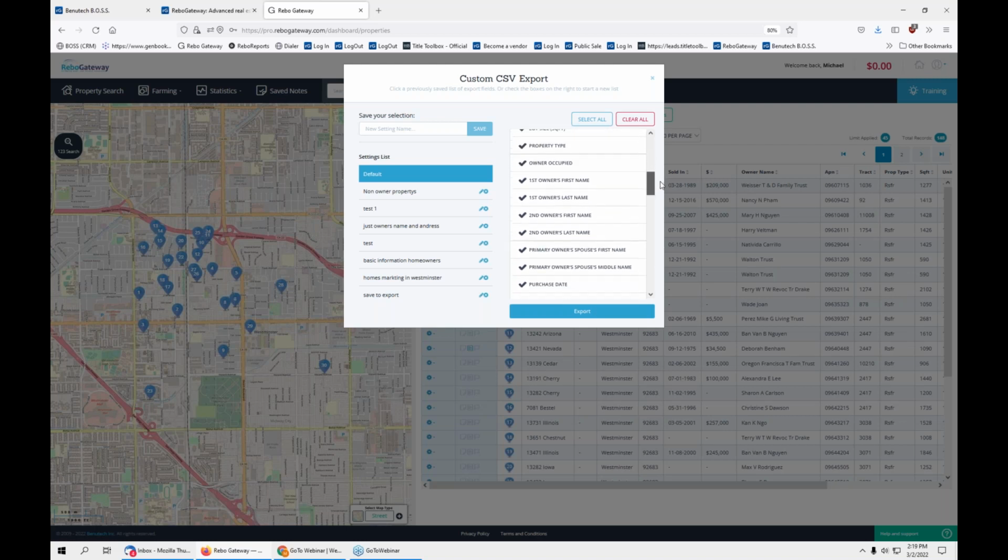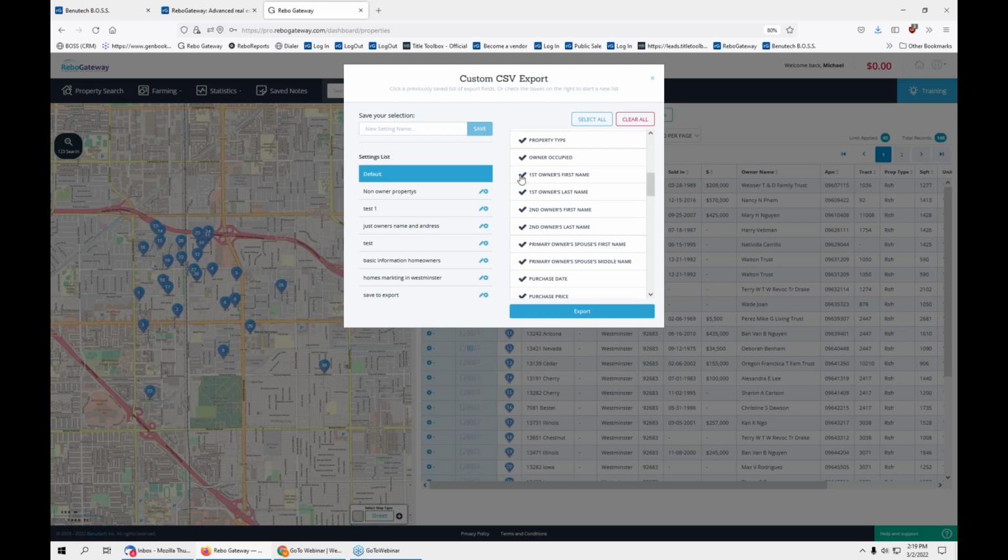Okay, I want first owner's name, second owner's first name, second owner's last name. And that's really all I think I need. Do I need anything else? Yes, I do. I'm going to need the mailing address, mailing city, because I might have a non-owner in there, and